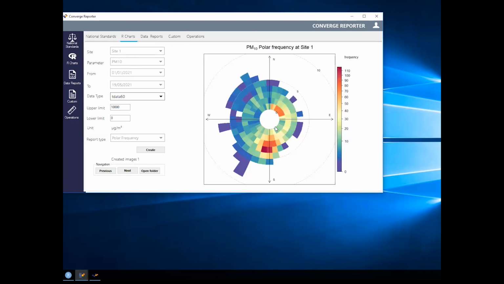Taking the data from the pollutant from one site and taking the meteorological parameters, in this case wind speed and wind direction, from a close site that is assigned to this